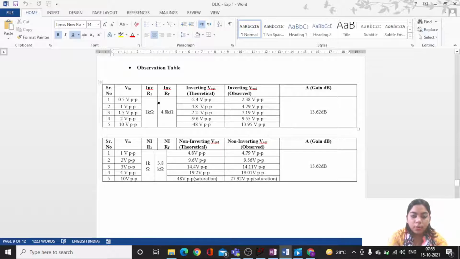Now since, as I told you, this is a pure value, if I multiply this, my value will change, okay, so you won't get the exact value for it.